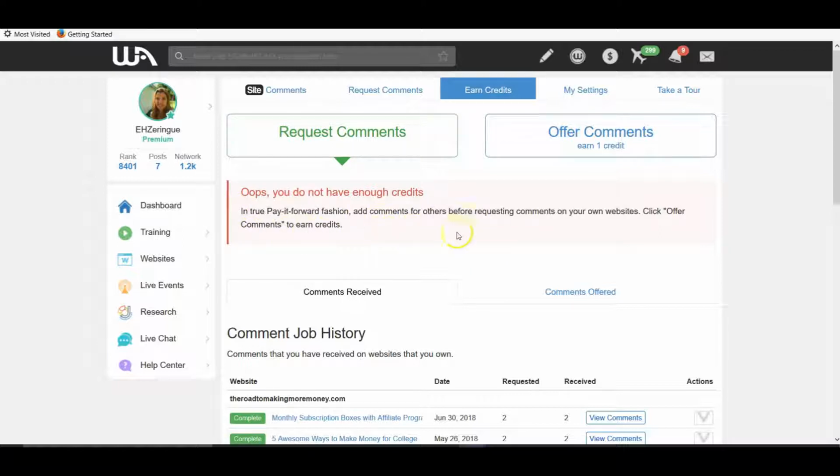Right here there will be a menu. This won't be here. And there will be a menu where you pick the page or the blog post that you want a comment on. It's as simple as that. You click request comment and you wait for them to come in. The one thing that you can do is pick how many you want, depending on how many credits you have. And then also you can pick